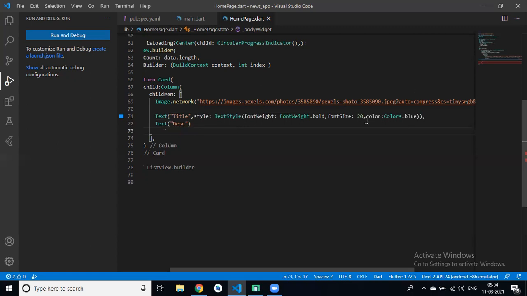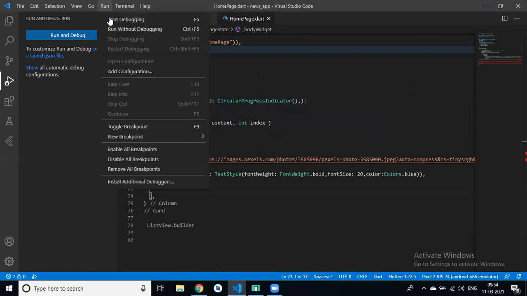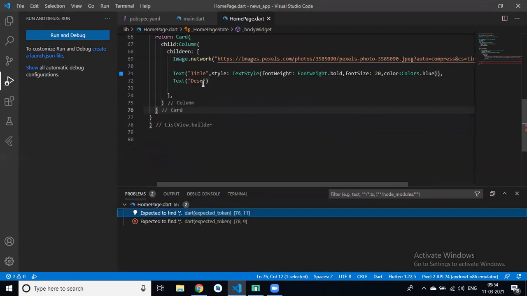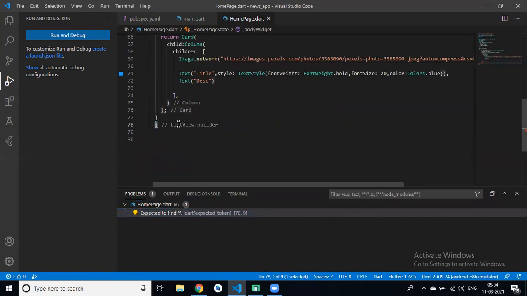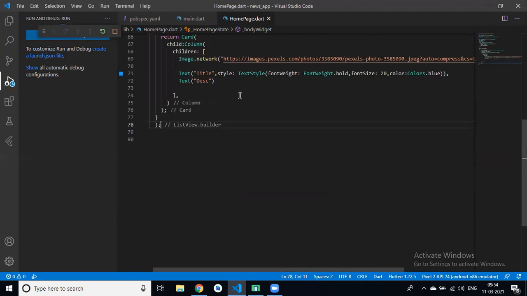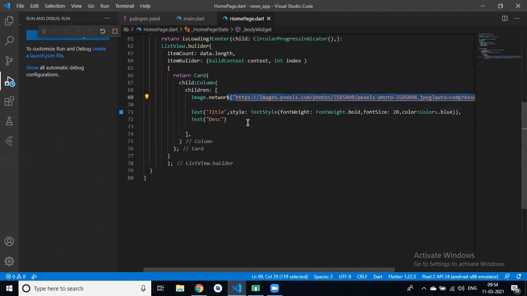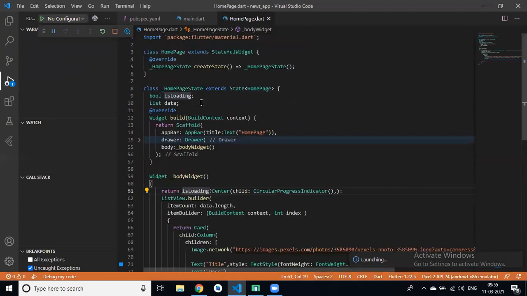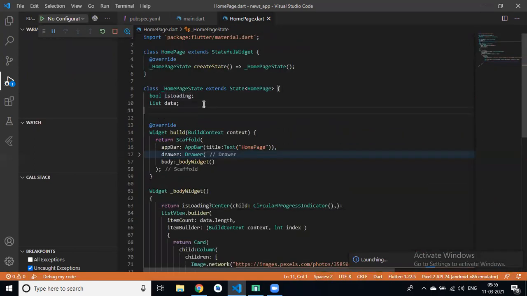First I will run this. So we have an image, we have a title, we have a description. So for easy loading, first we have to create an initState.